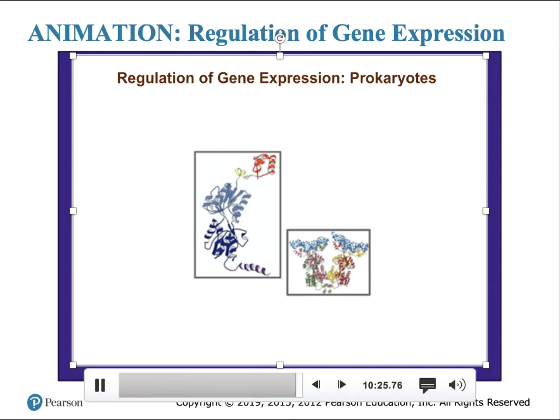CAP cannot bind RNA polymerase unless CAP is first bound to cAMP, however, and when glucose is in the cell, the level of cAMP is low. Thus, in the presence of glucose, the absence of cAMP greatly reduces transcription from the lac operon. This mechanism is known as catabolite repression and is energetically efficient because bacteria favor the use of glucose over lactose.